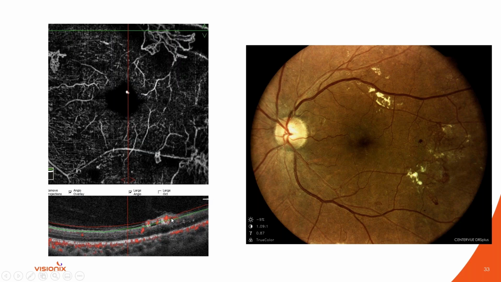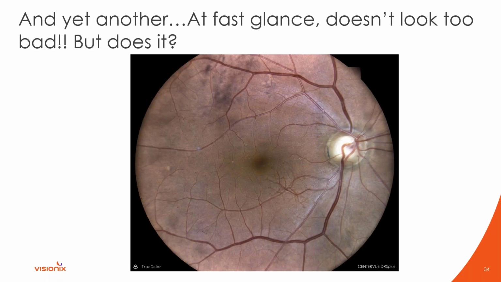And you can see down here as well on this structural B scan, this area over here, which is once again living in that vitreoretinal space, indicative of a neovascular response. And yet another, at fast glance, doesn't look too bad, but does it? Once again, if you're just looking at it quickly, it doesn't look too bad. There's vitreous debris floating around. There might be some microaneurysms down here, but there is a problem, and that red arrow is pointing to this